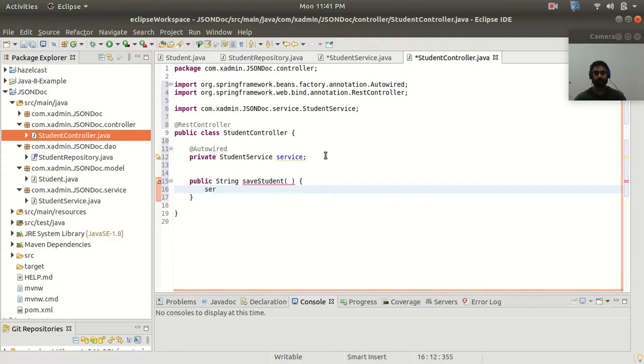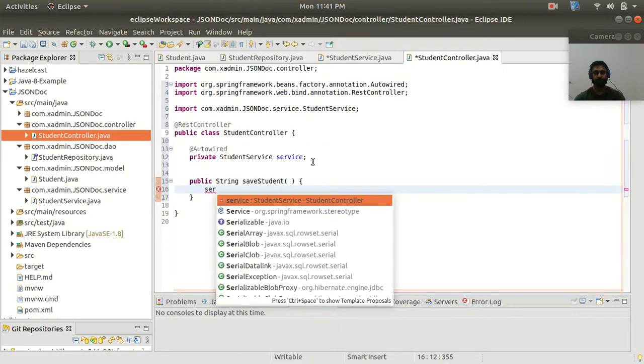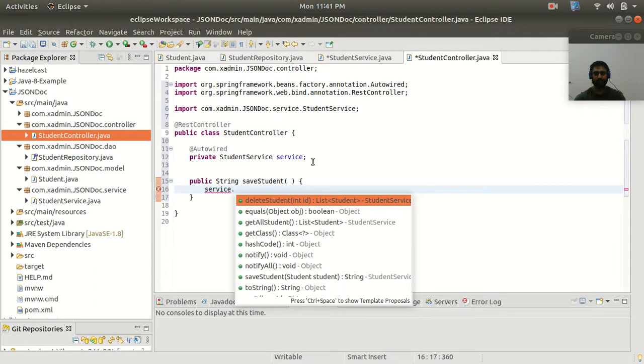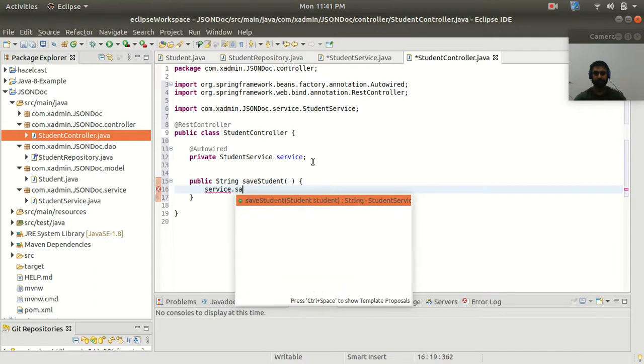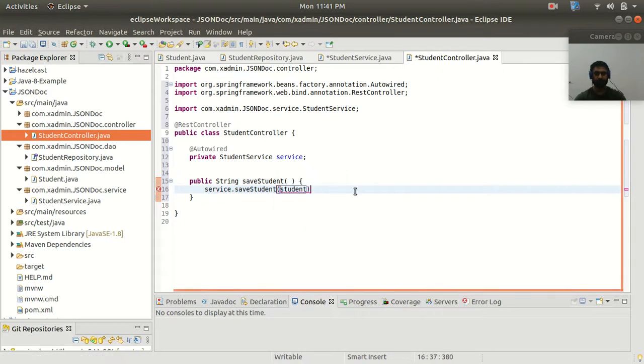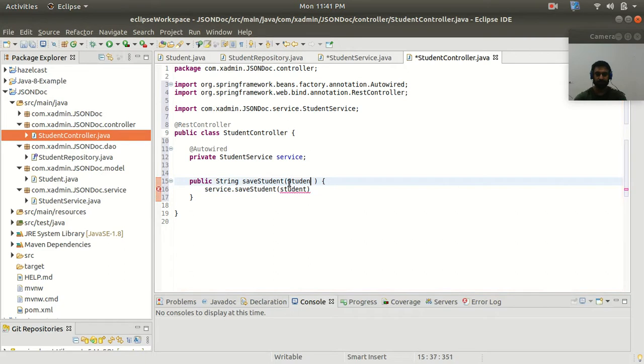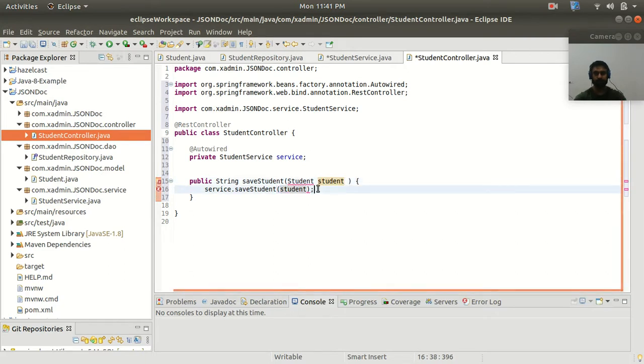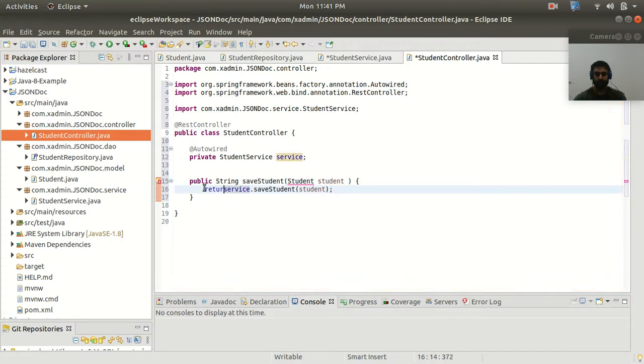So call here service. So we have a method like saveStudent, right? And here we are passing a student object. It means that we have to take here the Student entity class. So add a return statement here.